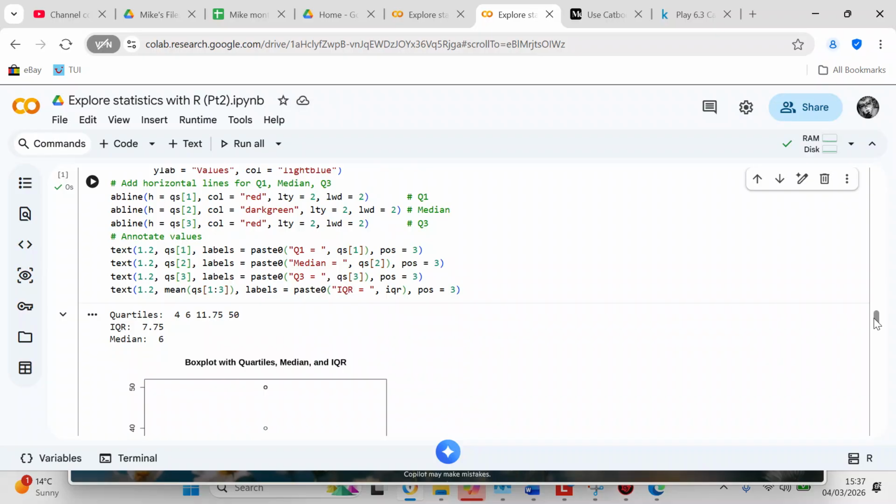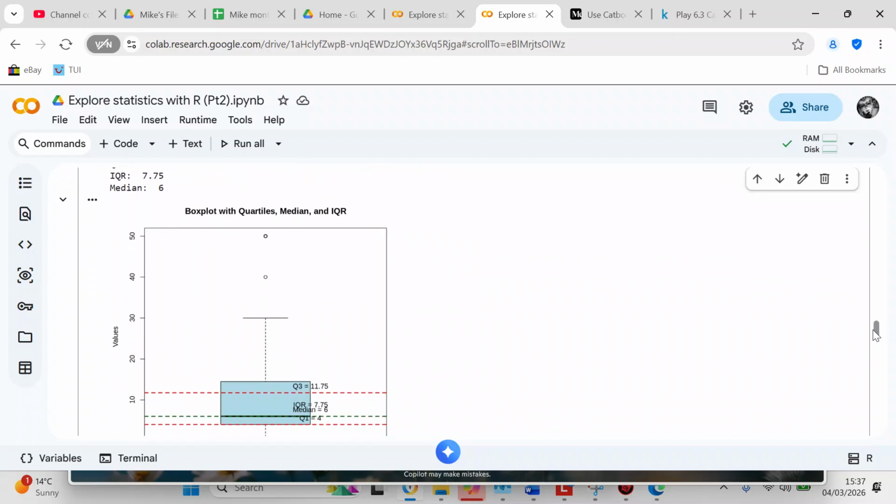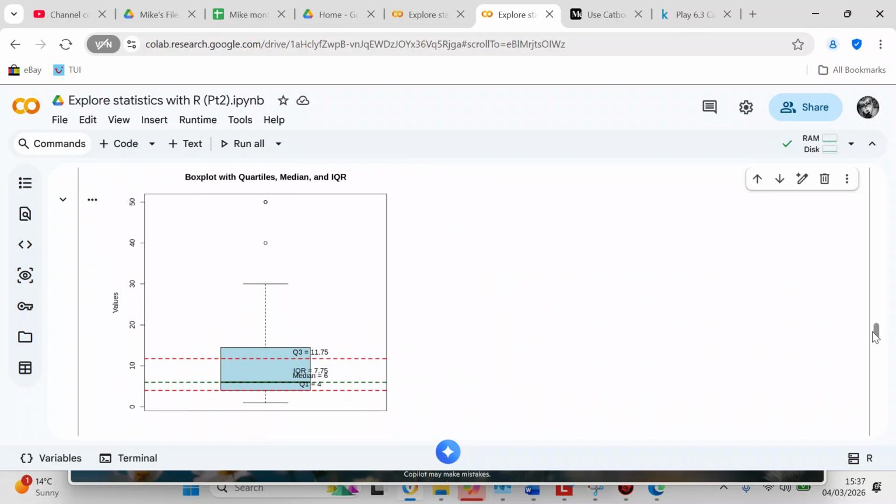And then your median is 6. Your median is the center of the vector, which is 6. So what we've done is we've created a box plot. And in this box plot, we've got Q1, which is 4, your median, which is 6, your IQR, which is 7.75, your Q3 is